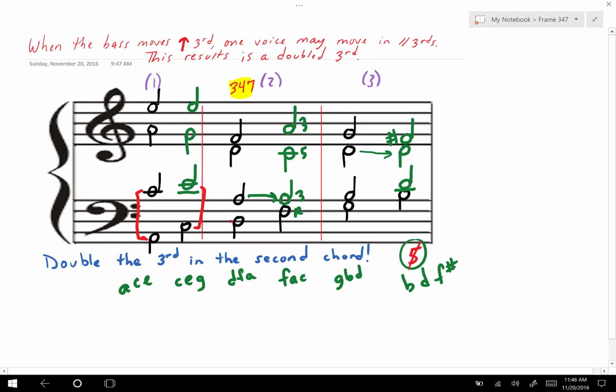Here in this example, you have the bass and the soprano moving in thirds. And here, in the last example, you have the bass and the tenor moving in thirds. And they're moving in thirds because we decided to double the third in the second chord, not double the root in the second chord. So hopefully that clears up some confusion regarding